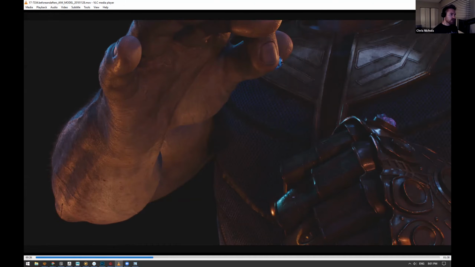Another thing with Thanos is that he doesn't have as many textures as you might think. I tried to get everything as simple as possible because I'm not a massively experienced look dev artist, but I can usually get what I want just by using a color, a spec, a bump, and a lot of that other detail that is on Thanos, like sweat, stuff like that.